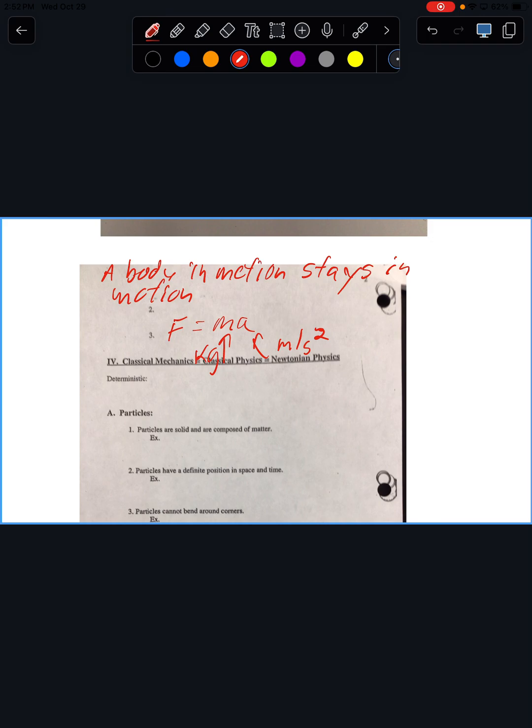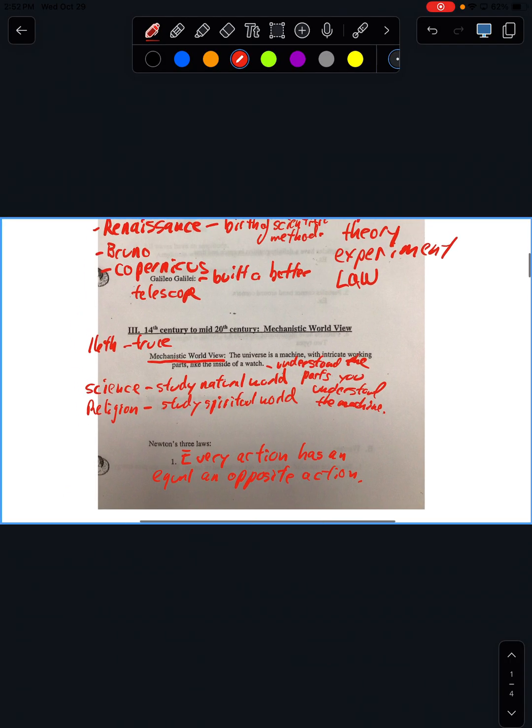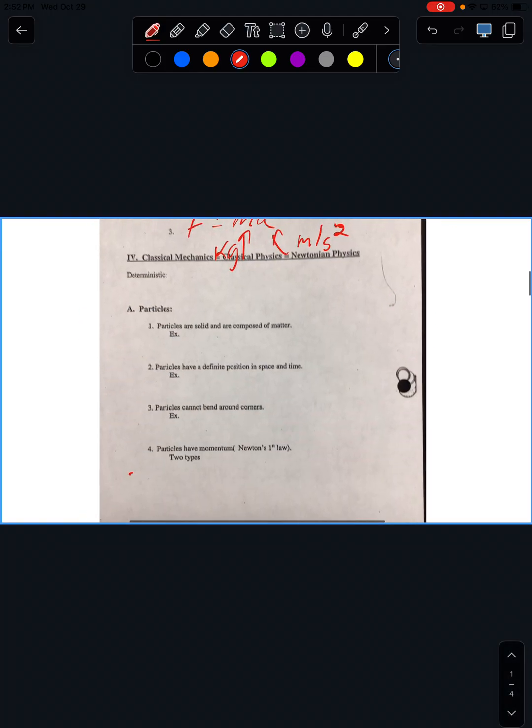And it's also called classical mechanics because what was our first model of the universe? That the universe is a machine. So that's why it's called classical mechanics. Classical, 16th, 17th century. Mechanics, because the universe is a machine. You will spend an entire year on classical mechanics. I'm going to give you a quick little explanation of some of the stuff you're going to learn next year.